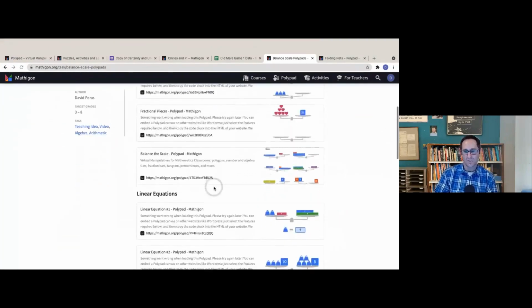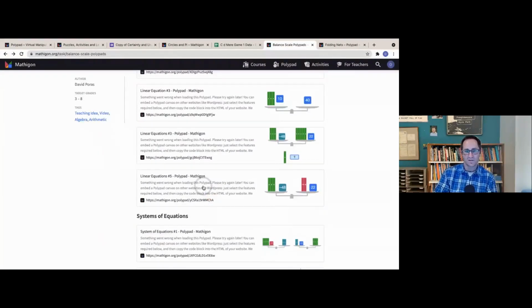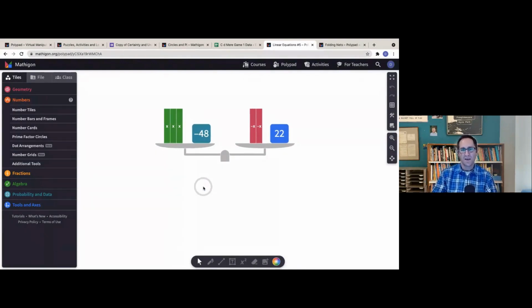I'm going to show you some more up the scale here in linear equations. This is an example of an equation that is balanced with the algebra tiles. And so I've had great success in using this with kids for as long as they need to. What I think is really wonderful about these virtual tools is students feel safe in using all the manipulatives until they don't need them anymore.